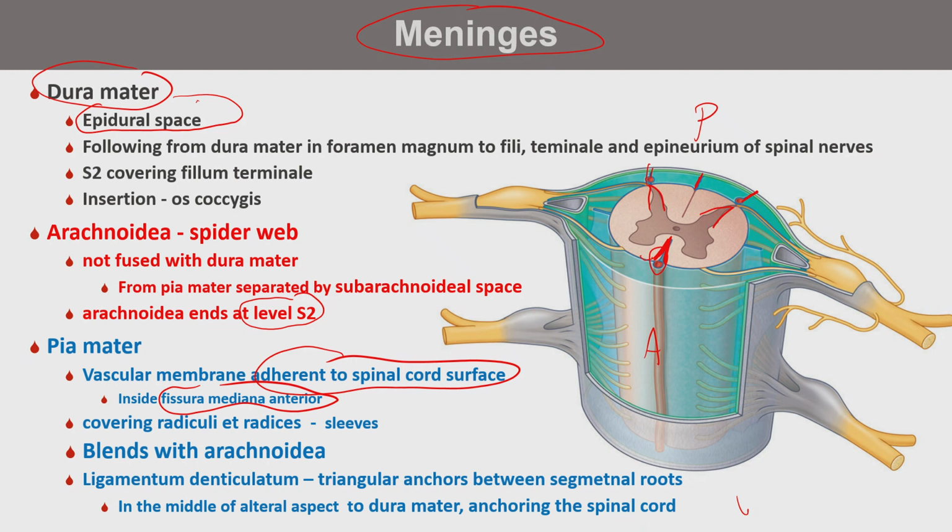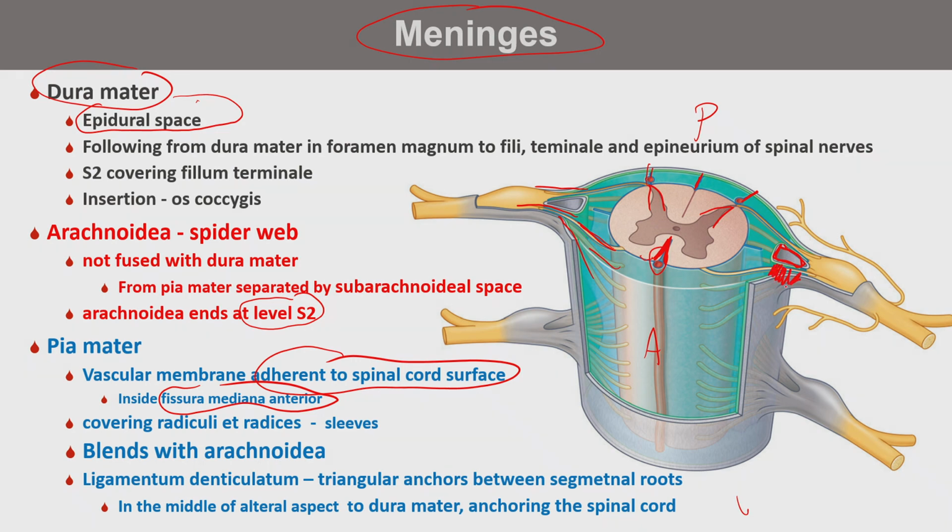Also, this membrane is making sleeves, and those sleeves are covering those neural structures which are emerging from the spinal cord, so roots, but also smaller rootlets. First are rootlets, then are roots, and those sleeves follow also to the radices and then to the spinal nerves. Typically, we can see those triangular windows which are along here.